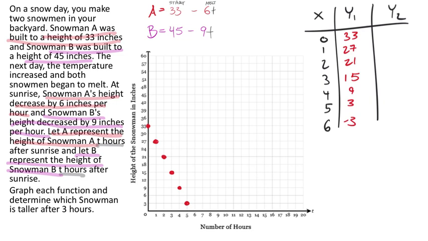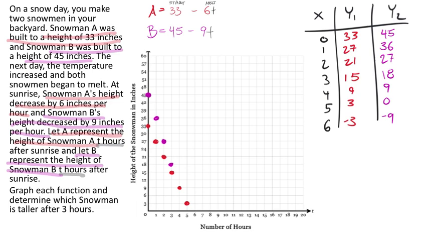Let's look at the ordered pairs for y2, which is actually the ordered pairs for B. So on my calculator, again, this was already showing for me, but I have these values. So these are the values that I see on my calculator. Now in purple, that's ordered pairs. So the first one there, 0, 45, I can put that onto my graph. So 0, 45 here in purple. I'm trying to color code the two lines. Then I have 1, 36 here, 2, 27 here, 3, 18,